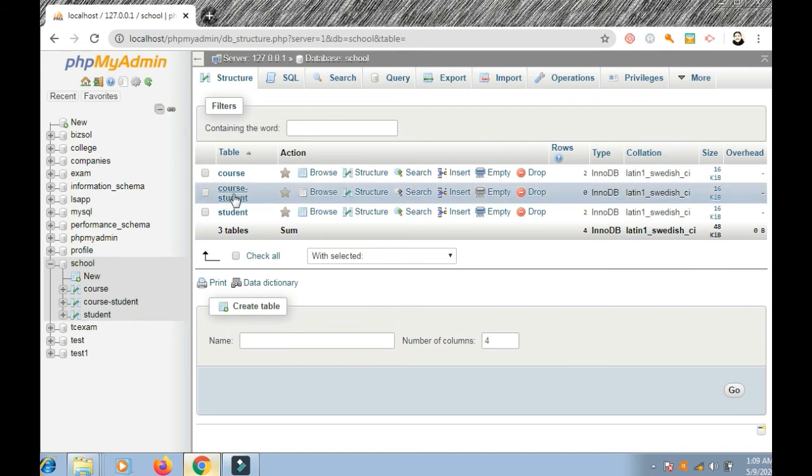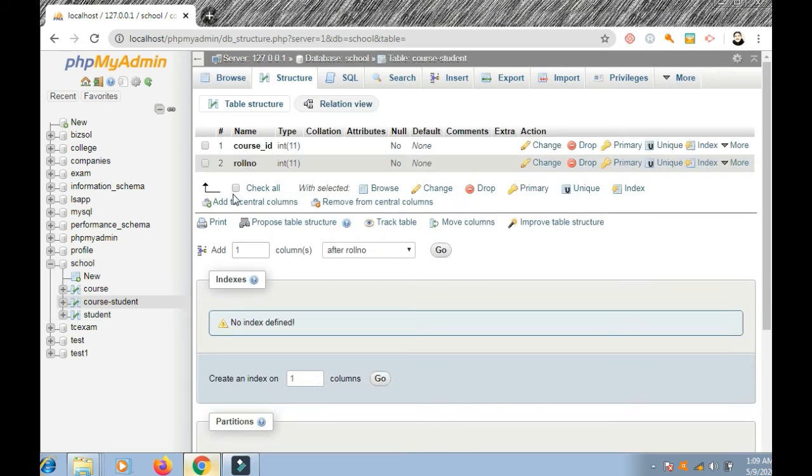Now we can make the many to many relationship, the primary and foreign key relationship, with the SQL query or with the designer. The designer is very easy. We will use the designer, right? First, this is course ID, so it should be indexed.